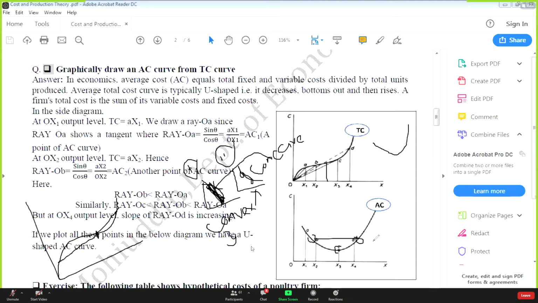Outside. Obviously outside, because this is inside. For example, if I take any 2 points, if it exists here, then it is inside. But it is actually outside. So it is a convex. Clear or not? Yes, sir. So I hope this question is clear to you. Okay, so we are going to discuss the next topic.